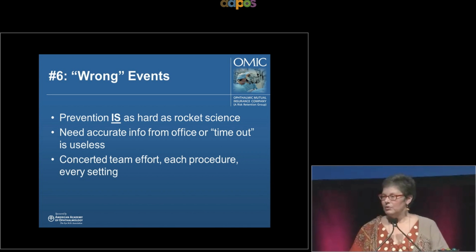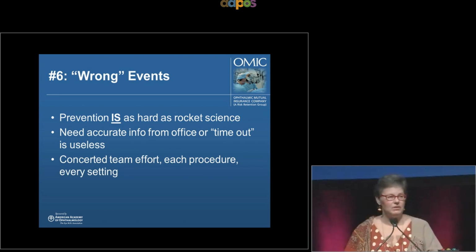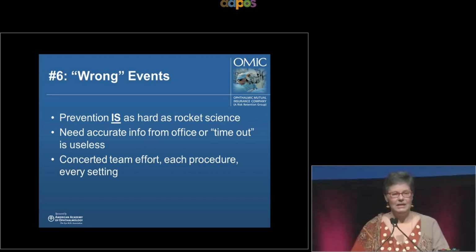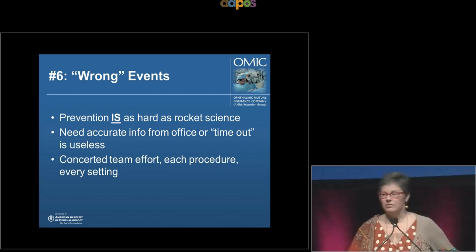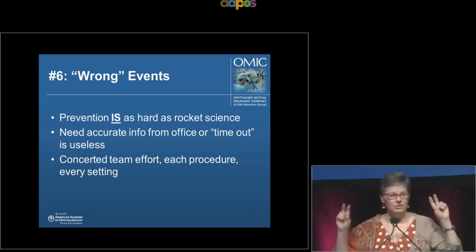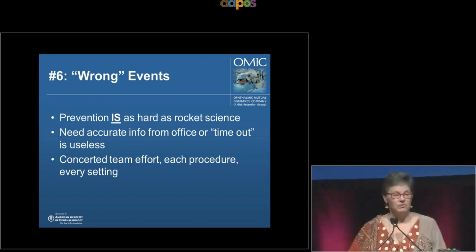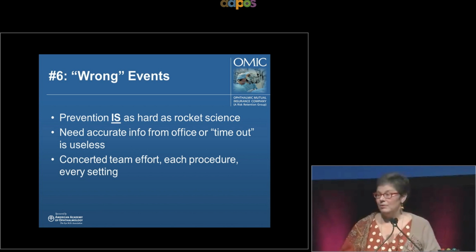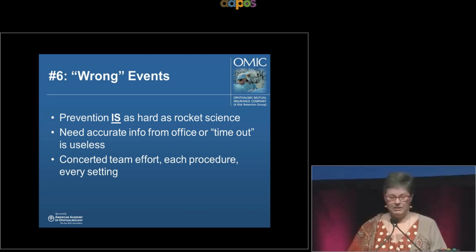Every procedure, every setting, every team, you need to make sure that you're doing the right one. And as you heard, I don't know that it's come to ophthalmology yet, but CMS, Centers for Medicare and Medicaid Services, is starting to not pay if you make certain kinds of mistakes, and it's just a matter of time before this is going to be added, because they're considered never events. Even though they're actually quite hard to prevent, there's not a lot of tolerance for these errors in the community and now in the payers, so something to really pay attention to.